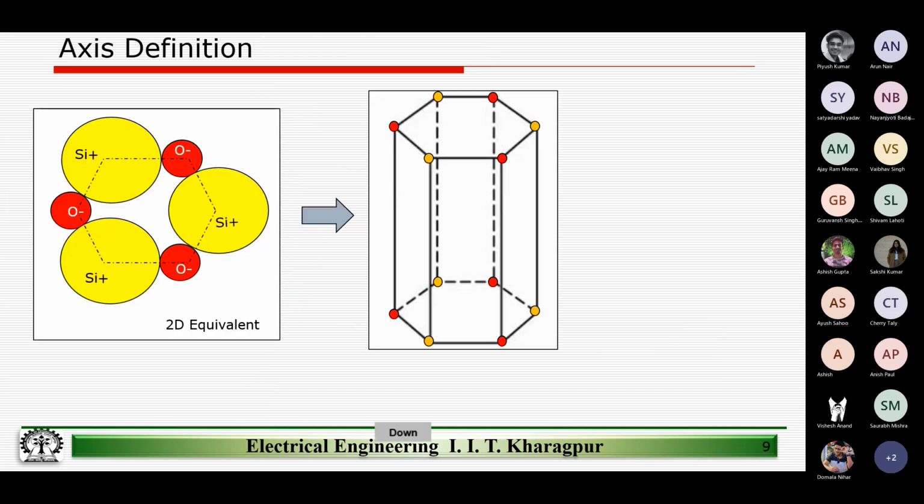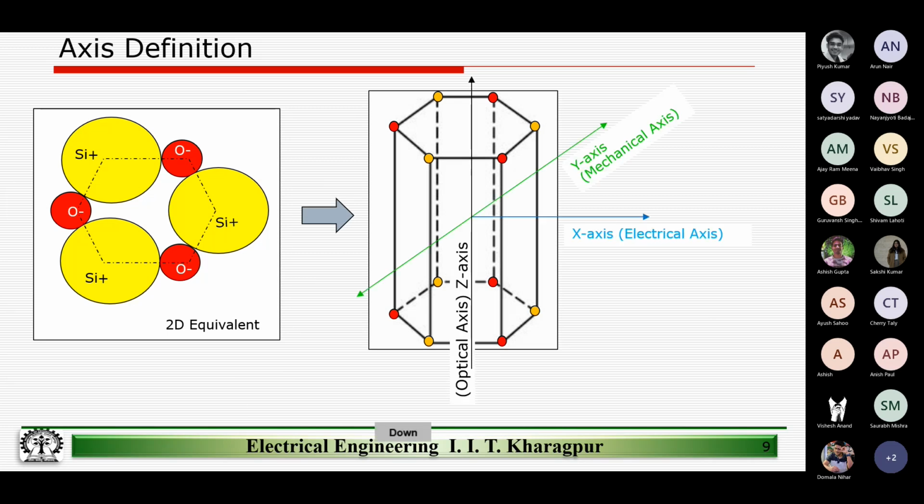We have discussed how the crystal looks. This is the optical axis, x-axis, which is the electrical axis, and the mechanical axis, y-axis. But on the application of the force, can someone tell me what is the net charge in the crystal? If we take a crystal and apply a force, what is the net charge? Can we say that there is an overall net positive charge or overall net negative charge in the crystal? The net charge will be 0, right? Yes, correct. The net charge will be 0 because